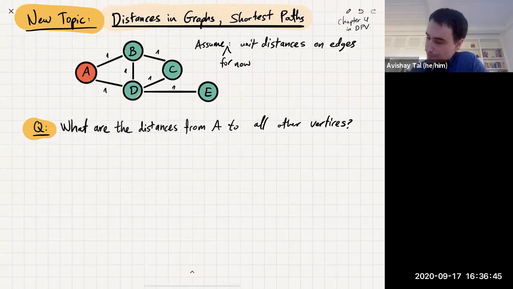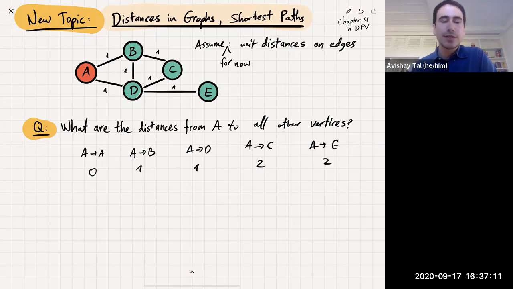So let's just answer very quickly. What are the distances from A to all other vertices? The distance from A to A, what is it? It's 0. You don't need to take any edge. From A to B, it's 1. A to D is 1. A to C is 2. And A to E is